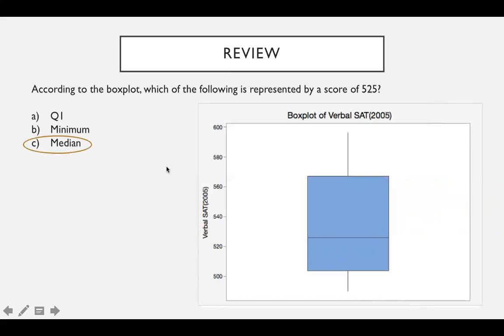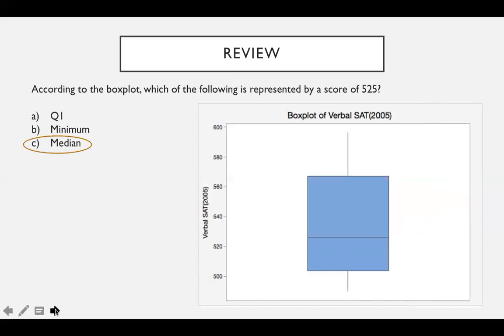Okay, great. So C is our answer here. So Q1 would be represented by the bottom line, which looks to be around 500, 505. So that can be our answer. B, minimum. Minimum would be below 500, so that's definitely not what we want. And then C, median is our answer because, again, it's that center line, and it should be around 525,